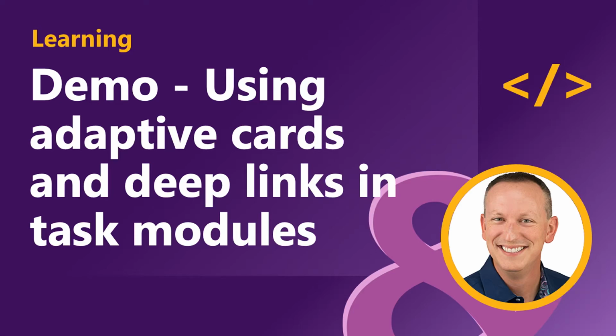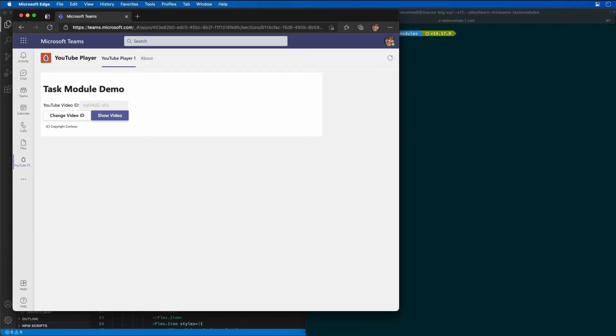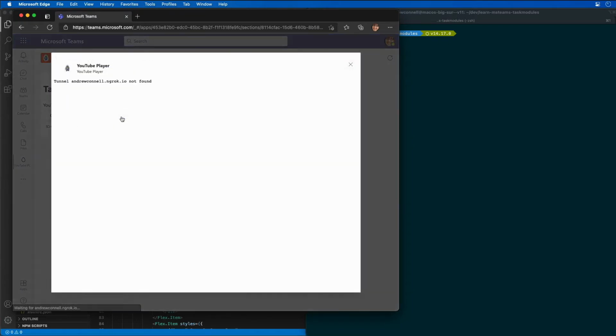In this demo, we're going to see how to use adaptive cards in a custom task module within a custom Microsoft Teams app. And we're also going to learn how to invoke task modules from anywhere within Microsoft Teams using deep links. Now, this demo assumes that you've already gone through the previous demo in this module, where we created a Microsoft Teams app project with the Yeoman generator that contains a personal tab, as you can see here on the screen, that also includes calls to launch these existing